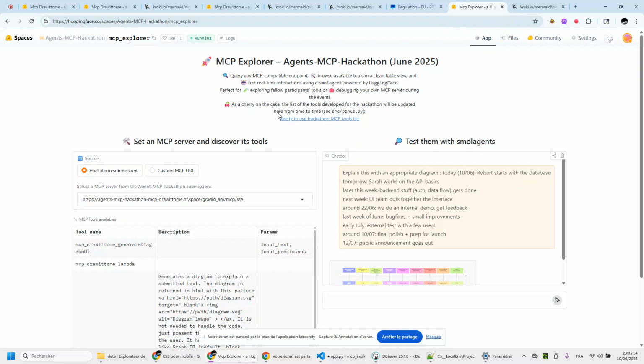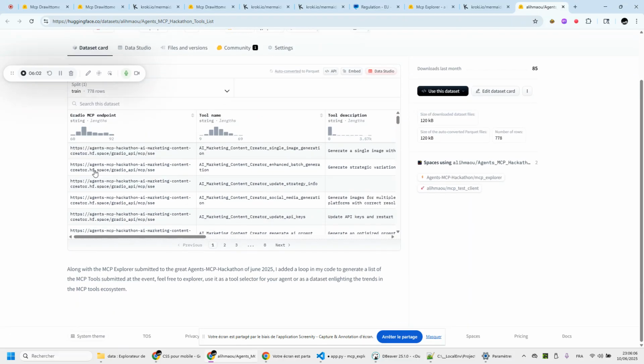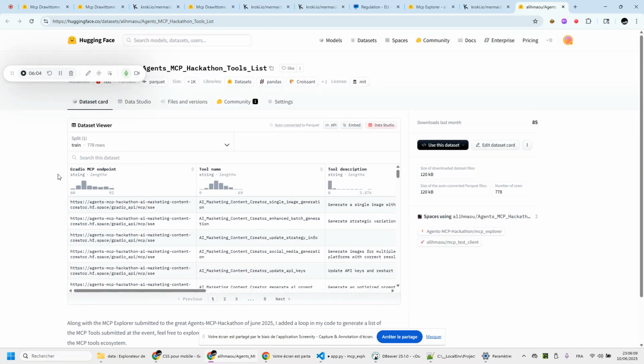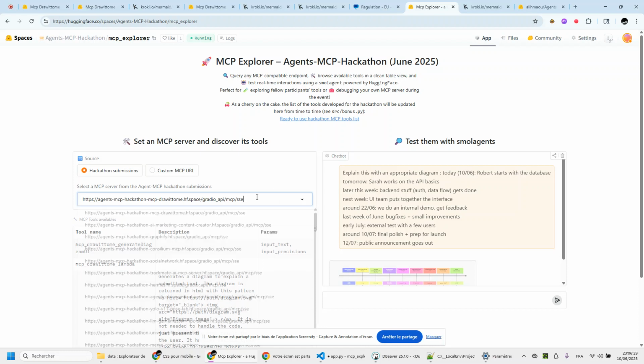And as I remember, thanks to this tool, I have also produced a ready-to-use hackathon tool list. That's all the submissions of tools for the hackathon. This evening we were at almost 800 tools. That's all the tools that are from responding MCP servers. That's tools that work. So for example, we can see